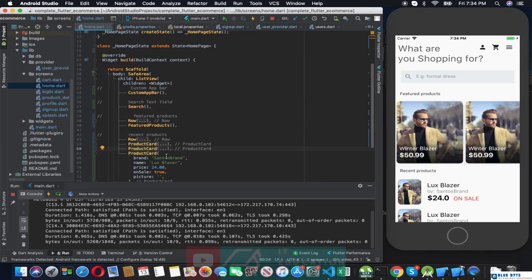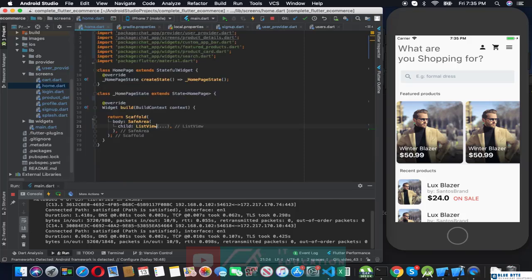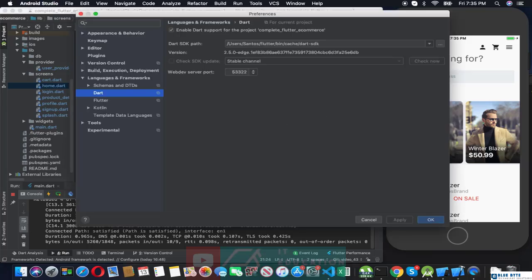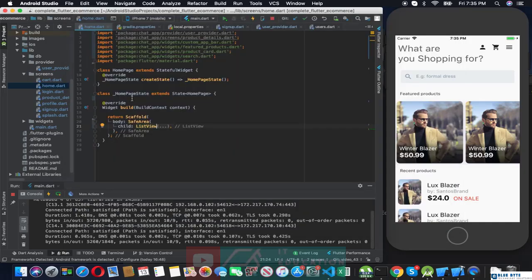So here we have, 1 second. Okay, here we have our home screen. I decided to separate these into sections. First, we have our custom app bar, which are these three icons here. I can expand this and you guys will see. Oops. I have our custom app bar here, and if I open,